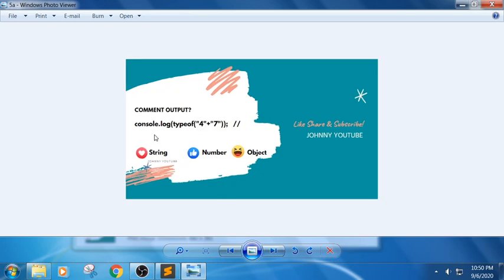Next one, console.log typeof 47. When you use 4 plus 7, you would get 11. But when I use typeof 4 plus 7, in the sense, at the end it will concatenate together and perform as a number. So typeof 47 would be number. The answer is number here.